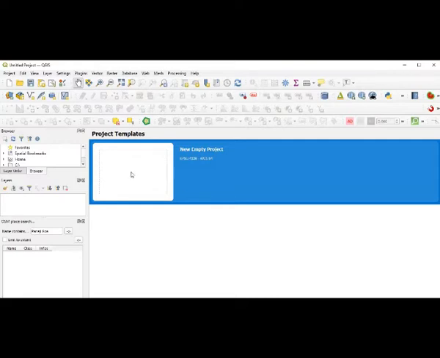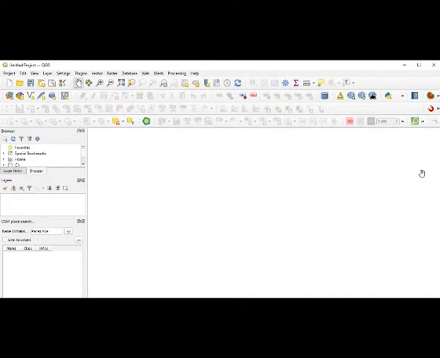When we are supposed to start with a new project, what we are required to do is click here in this portion where my cursor is moving around. If we click here, it is going to give us a completely open space. This is the map canvas that we are getting. As I told you, on the extreme left side we have the browser panel, we have the layer panel, and we have even OSM place search and various other things. Whichever I am activating here, they are going to be there.